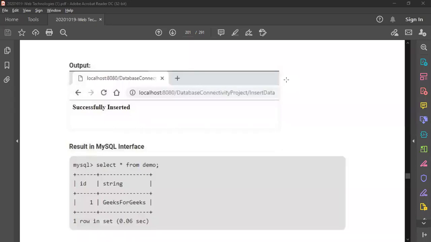Sir, have you executed the servlet program? No, sir. Why? May I know the reason? Actually, I'm not able to install Tomcat on my system, sir. Okay. So I think most of the people haven't executed the servlet program. Do you know the procedure for that? How to execute the servlet program?